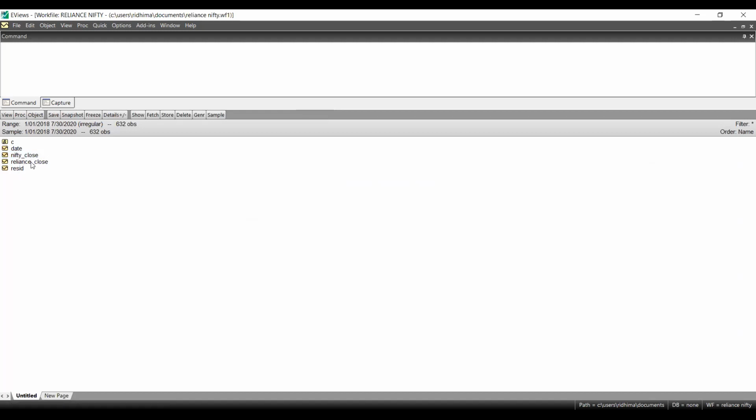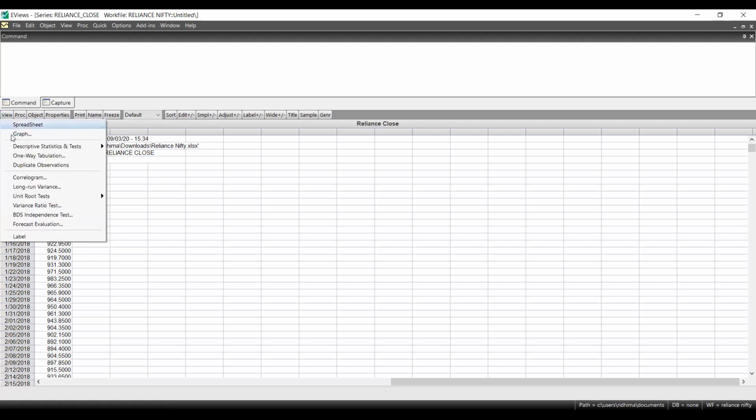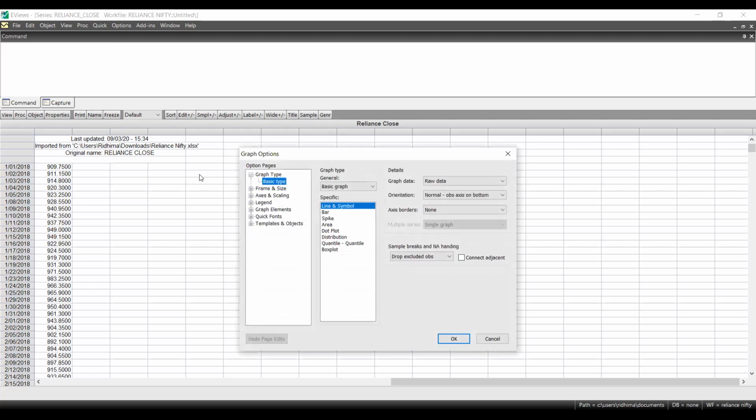Now let's say we perform some kind of basic analysis on Reliance prices. I've taken Reliance close, and I want to just plot a graph of the stock prices. Go to graph and just pick line and symbol graph that we want to see, or otherwise you can pick bar graph and other kinds of graphs here.